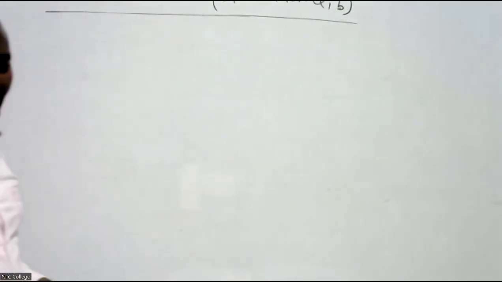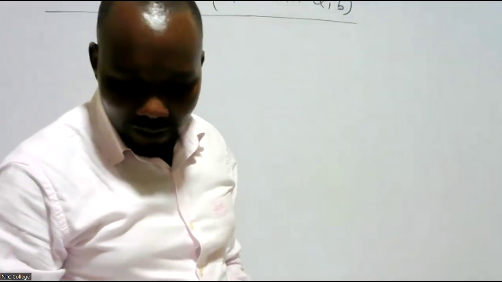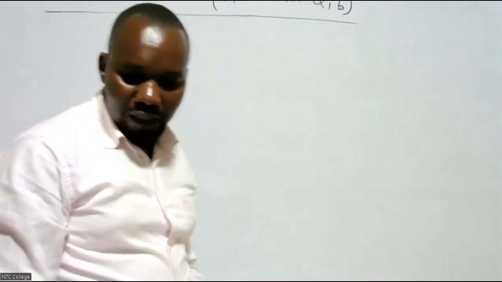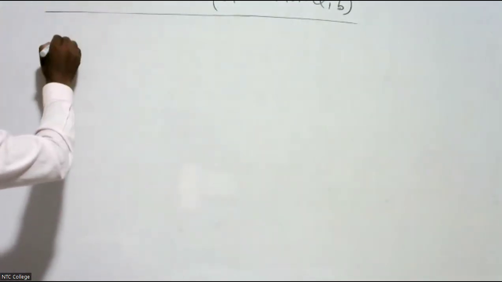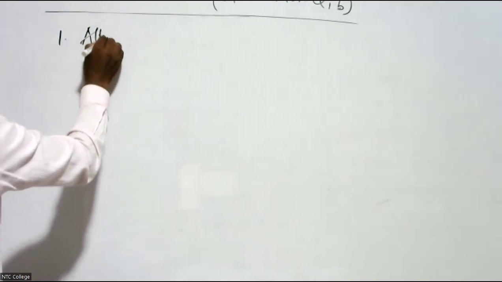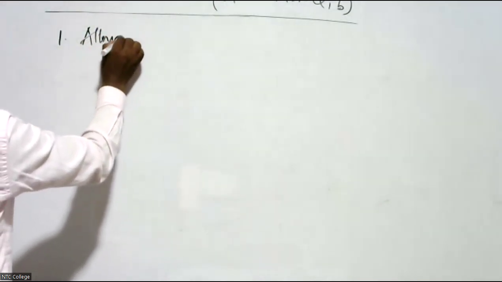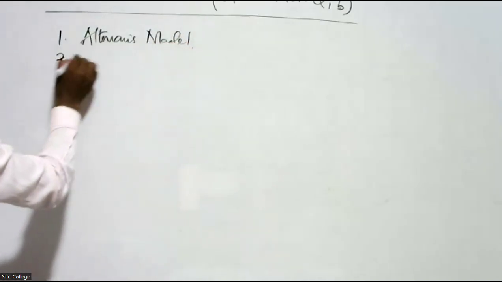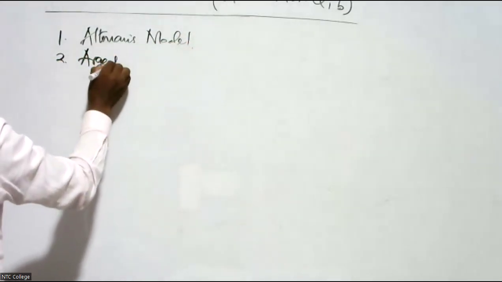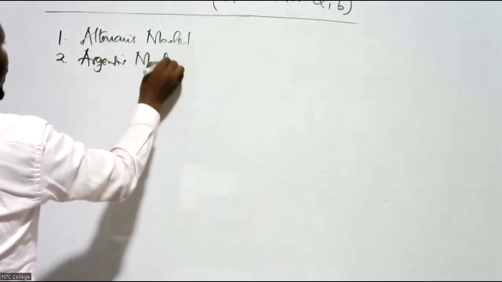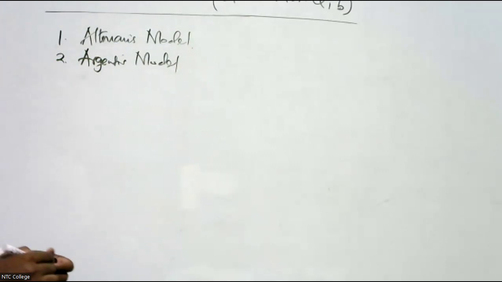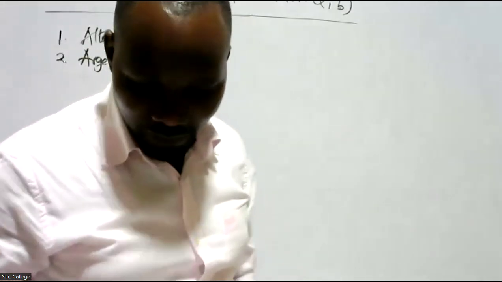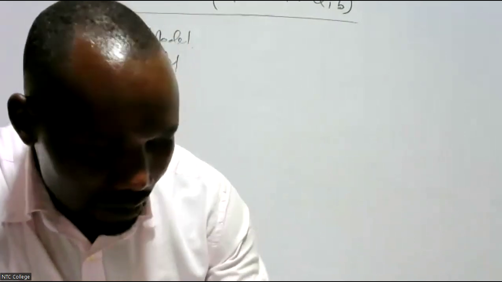I want us now to look at other models, other alternative models of predicting corporate failure. The first one is called Argenti's model. So we have Altman's as number one. Altman's model. Number two, we have Argenti's model. So I want to make some notes about this and say that this model is based on